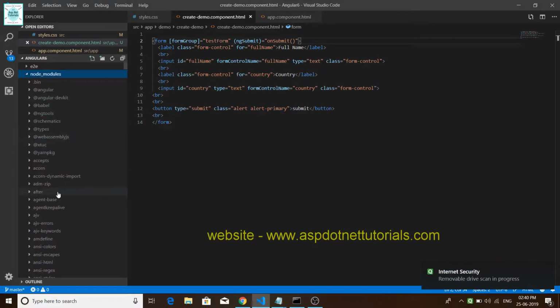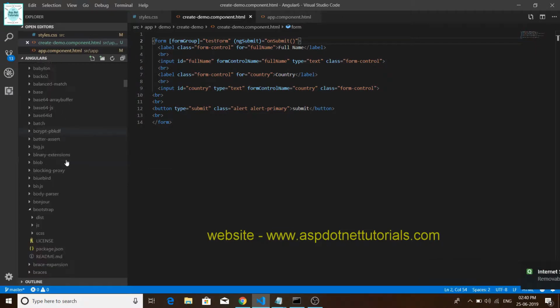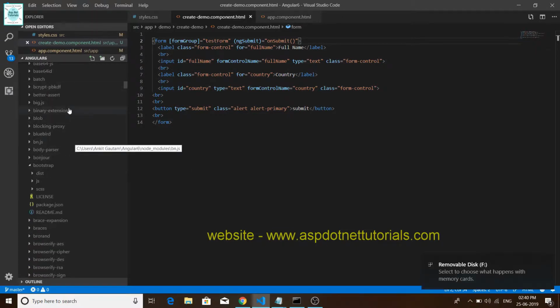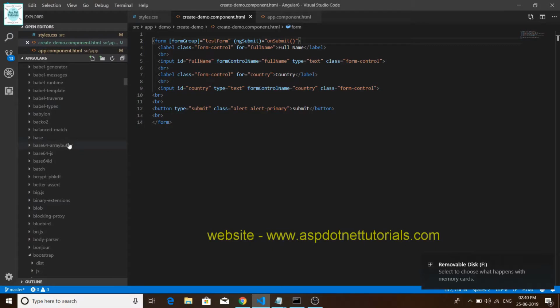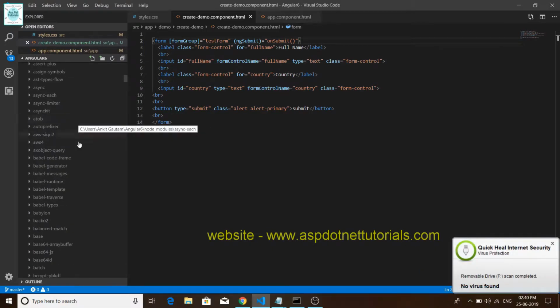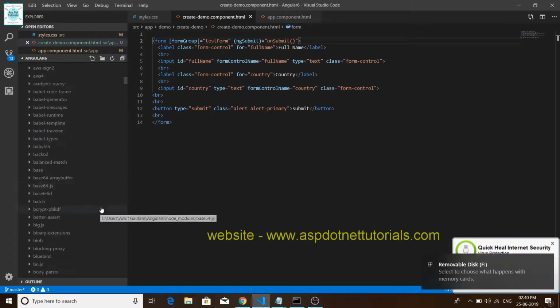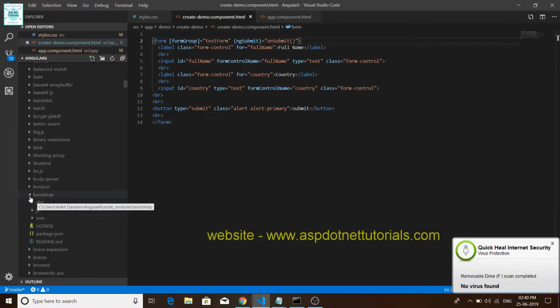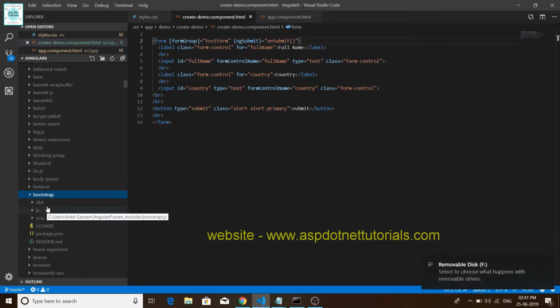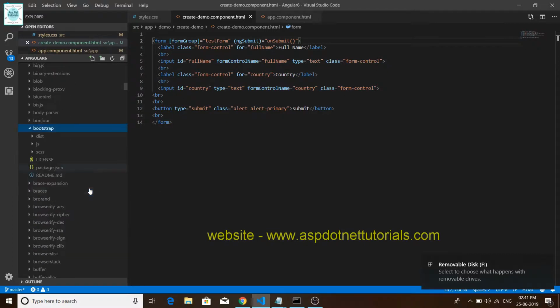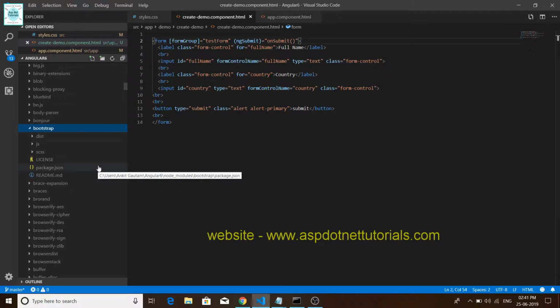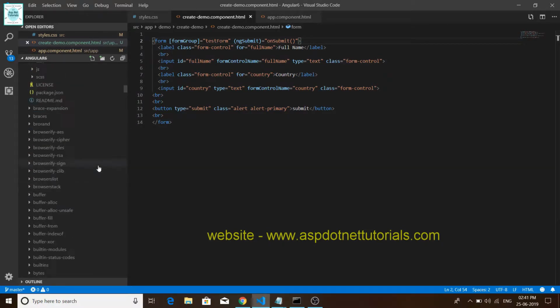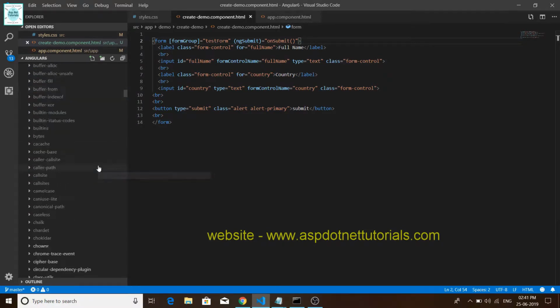You can check the Bootstrap files, all the files are showing here. So friends, you can see this after you install Bootstrap with npm install bootstrap. So you have created this, and friends, you can use the classes in your project. Friends, you have to go to